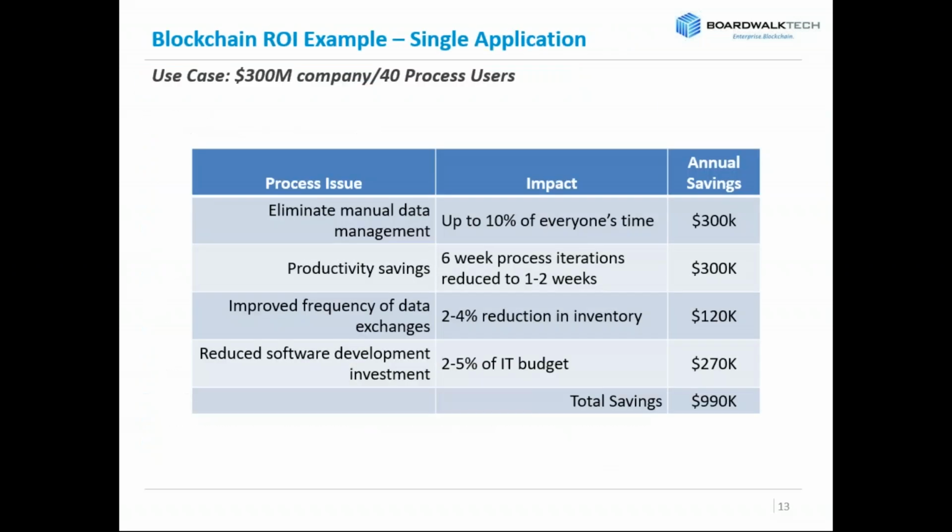capital returned back in. And so we took one example of a $300 million company that had 40 people manually exchanging information back and forth about, specifically, the work in process exchange. And the manual exchanges back and forth were taking 10% of everyone's time, which was, you can read the numbers, $300,000. We talked about the productivity savings, but you can take this calculator, and we'd be glad to give it to you, and plug in the average cost of your employees and maybe the cost of your inventory and what you're spending in your IT budget, and you would see a pretty astonishing annual savings